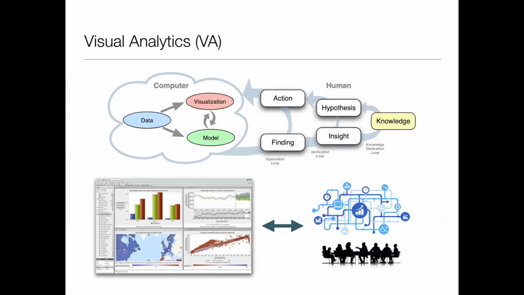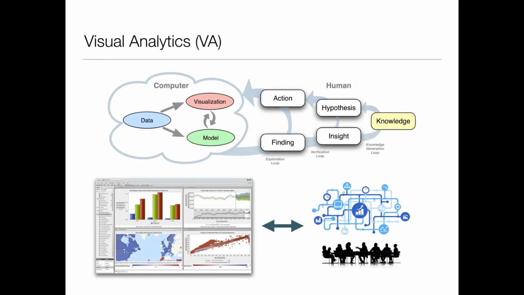And by changing the model, then you close the loop by updating the visualization to show the effects of that and to reflect the new state of the model, let's say. And so on and so forth. So you can see that there's this loop where you go from visualization to the model, and then the model updates the visualization. The visualization allows the user to change the model, and so on and so forth.